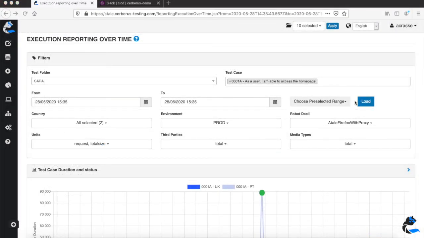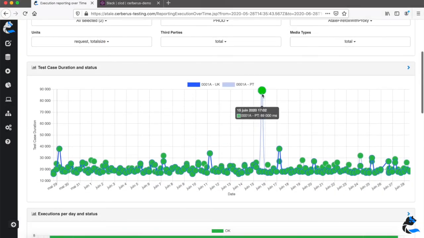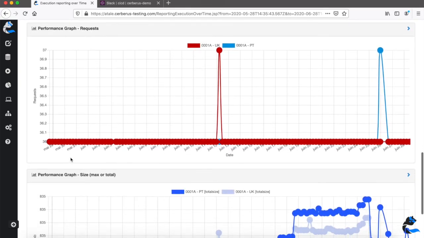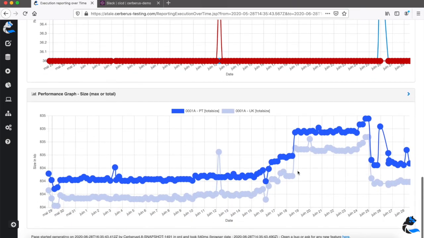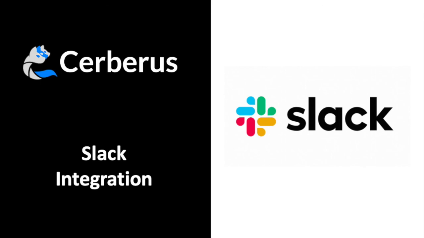To share the real value of this type of work, over all the executions, for example in this particular campaign over a month, you can get alerts only on specific out-of-range values, and it can allow you to really dig in, find your customers' issues or pain points, and solve them. Here, for example, you see we have an increase in the size of the web page, and we work on it to reduce it.